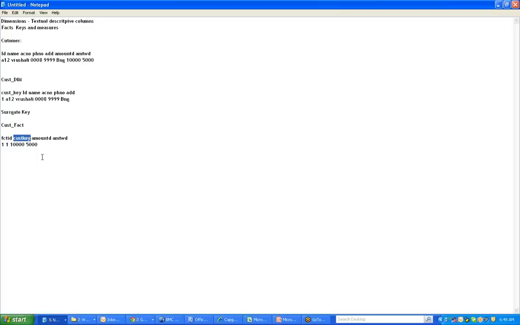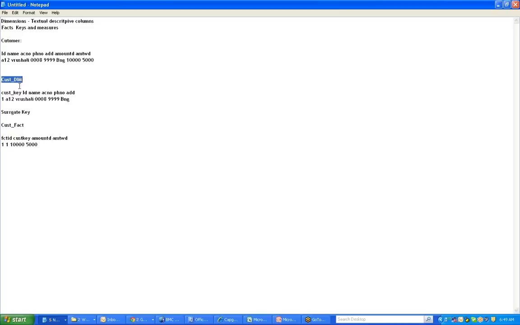So is this the schema for data extraction? It's not the schema for data extraction. It is a process. This customer table you will have in source. You may take another table also, where you can join customer with another table and put the values into the customer dimension and customer fact. As I said, integrating multiple sources. If the database is normalized and you want to put the data into a denormalized dimension like this, you will be joining 2-3 tables and putting the data into the customer dimension.